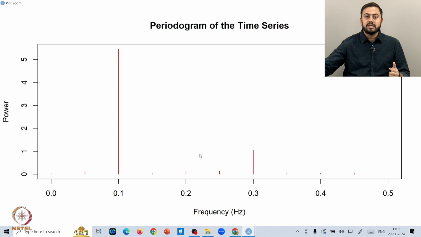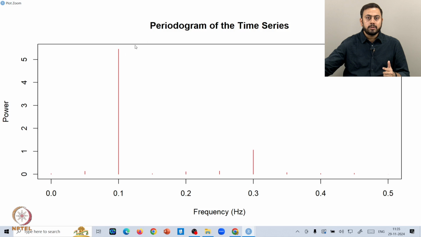Clearly you can see that a couple of frequencies are significant. One is at 0.1, the other is at 0.3, and this is exactly according to what we fixed earlier. My f1 was 0.1, my f2 was 0.3, and this is exactly what is reflected in the estimated spectral density through a periodogram.